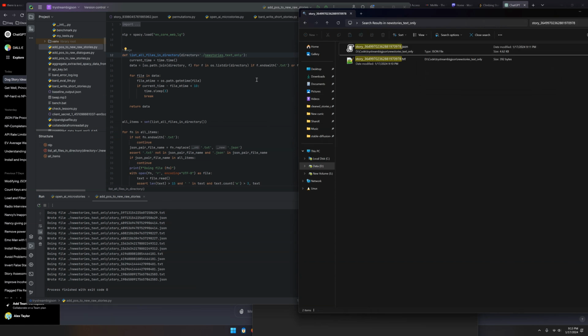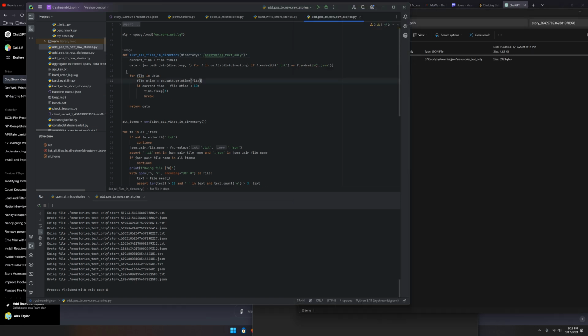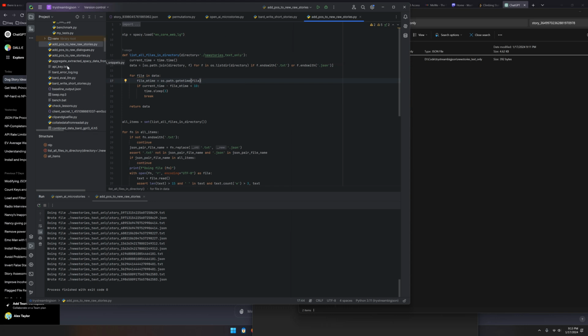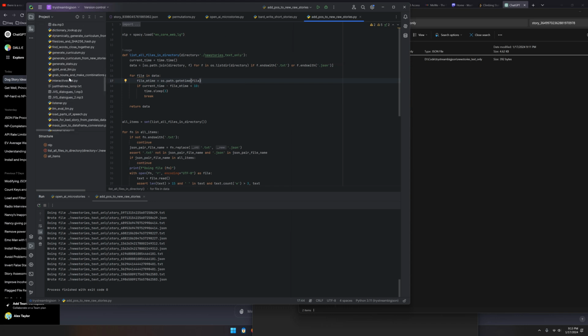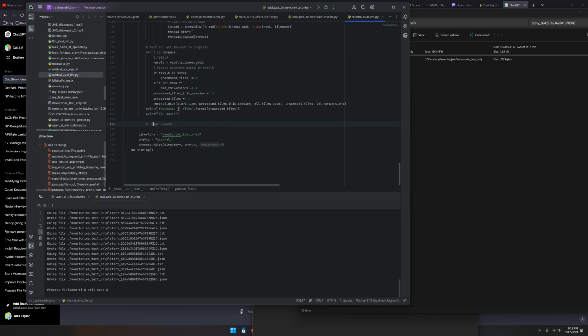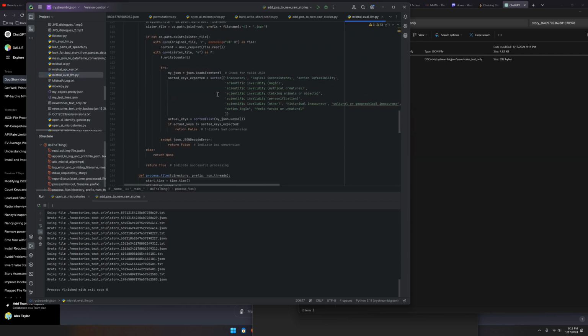Now we want to evaluate the stories that were written. I'm going to have all three engines evaluate all three, but I'm going to have them use the same grading criteria. That's going to be the last one that I used with Mistral. So where is it here? Mistral evaluate LLM.